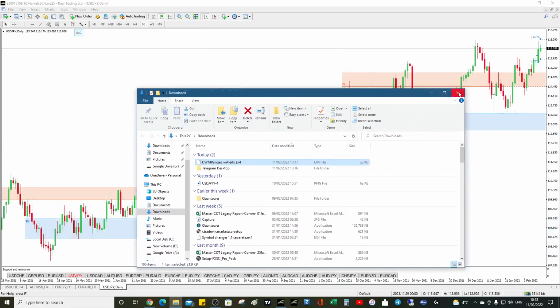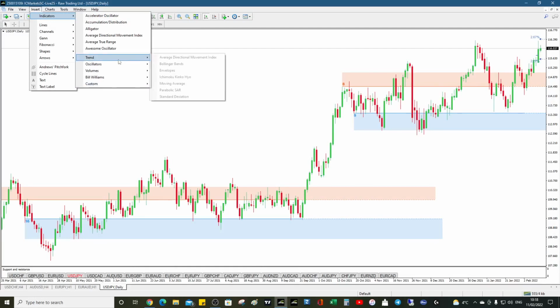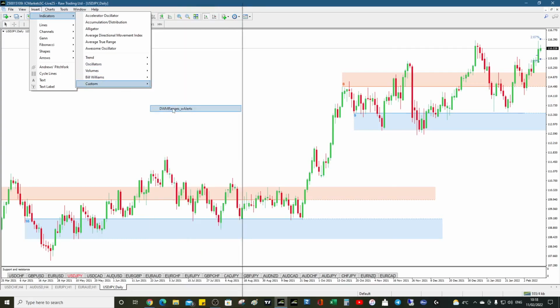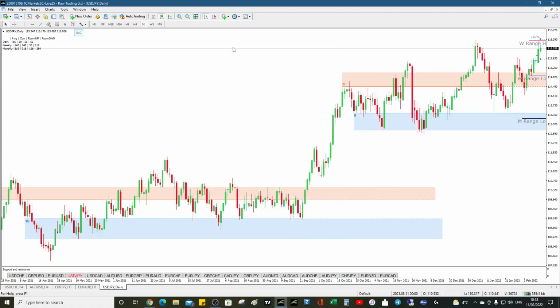So it's dead simple. Insert indicators. We'll just use UJ. We use a fairly clean chart there. The support resistance levels, S and C's, are there as well. So custom DWM ranges. You keep the default settings. You can maybe change the font size if you wanted to. It's up to you. That's that. So click OK, and it tells you